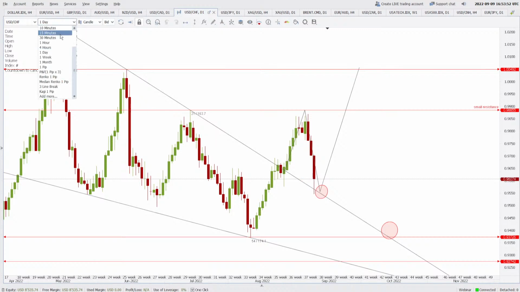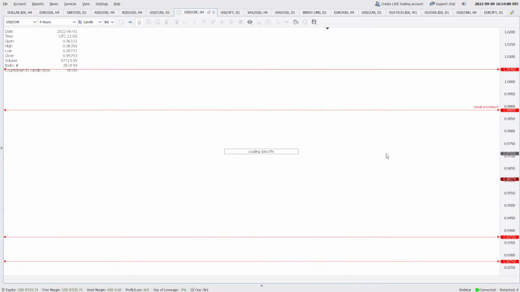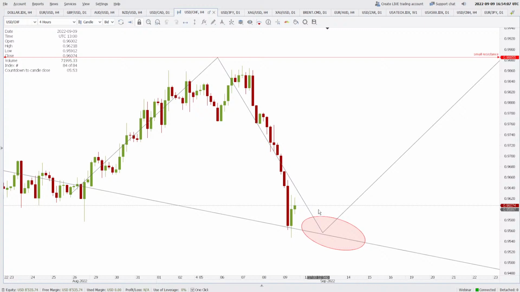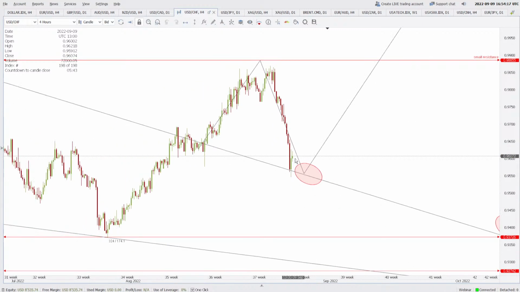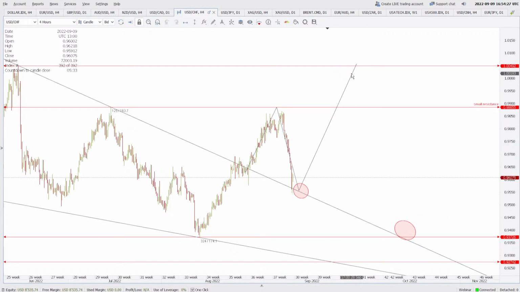But from the 4 hours point of view, I will show you. Actually it looks like it has pushed the price 60 pips from the support, right? No, it actually pushed it higher. The high was around the 0.9626 area, but still okay. So this is going to act as a support. As the price touches this, I think this will attract more and more buyers, and maybe again the price will be pushed back towards 0.9885. That is what my thinking is.